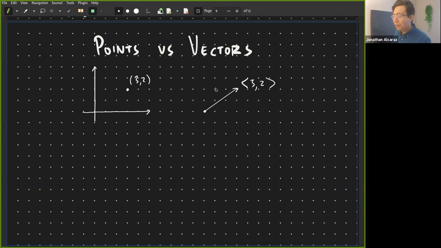Well, if you were to put coordinates on this, give me 1 second. If we were to put coordinates on this,